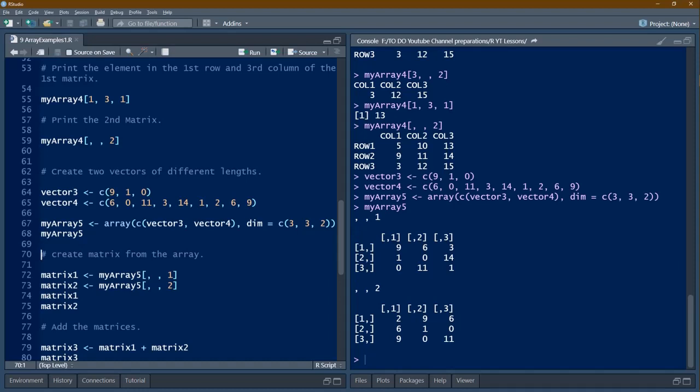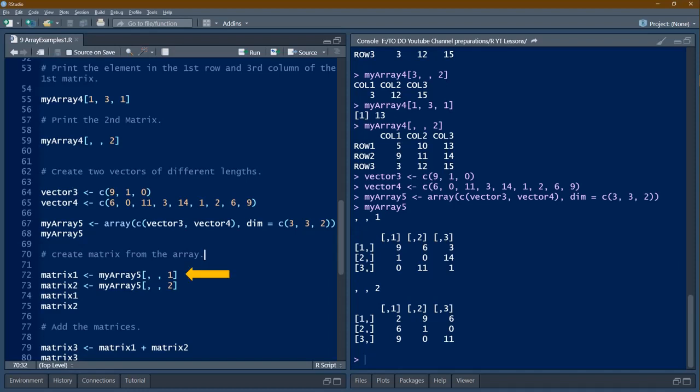So I am getting this. I am not giving matrix names here. So column names, row names I have not given. So I am getting only index indications. Now let's create matrix1 and matrix2 by extracting the first matrix and second matrix from this whole array.